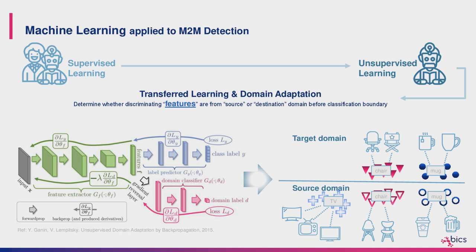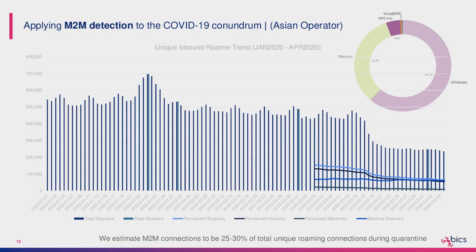In short, all you're doing over time here is allowing the machine learning model to self-learn. It's continuously applying information it has already learned from history to a new set of roamers. It's making its classification, but each time it classifies a roamer as either human or a machine, it's also learning new information that it didn't know before that can further refine it. So over time, it becomes more and more accurate, more and more precise, and you have a self-learning, self-governing machine learning model that is reliable enough to allow you to actually tell if a roamer is human or machine.